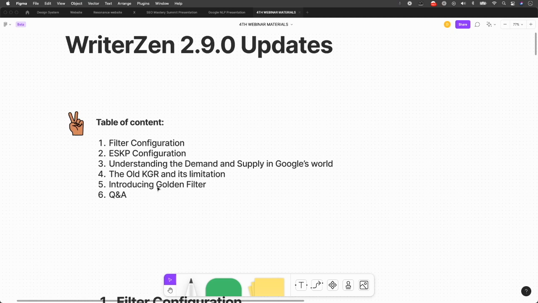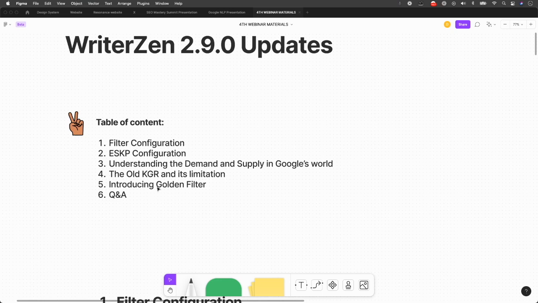Our own algorithm. The way we do it is that we try to scale up, because there are a few problems when it comes to this. The keyword with high ON title and high search volume. Low ON title and very low search volume. I'll go into a bit more detail on this later on because I don't think this is a very good way of explaining it. But we try to figure out a configuration that would fit all categories. So essentially, we came up with our original KGR. But the original KGR has quite a bit of flaws, and I will go into that later as well. But before I go to all that,